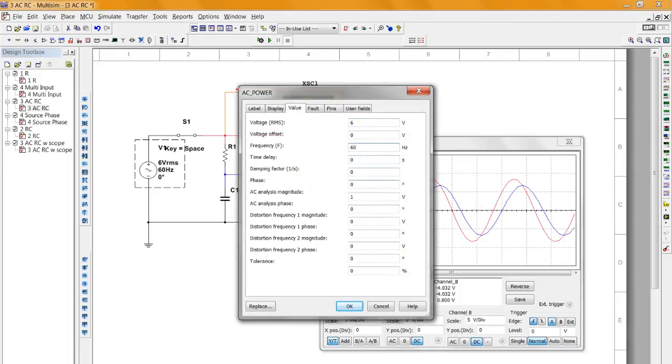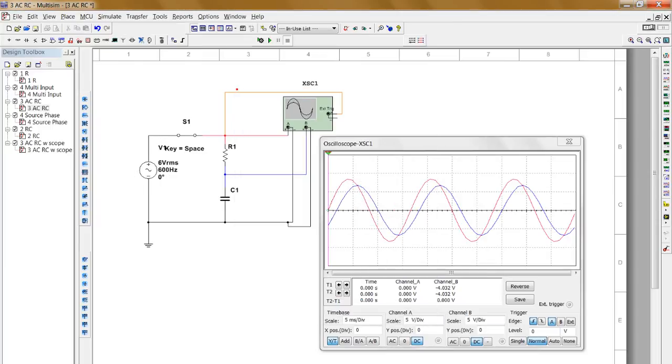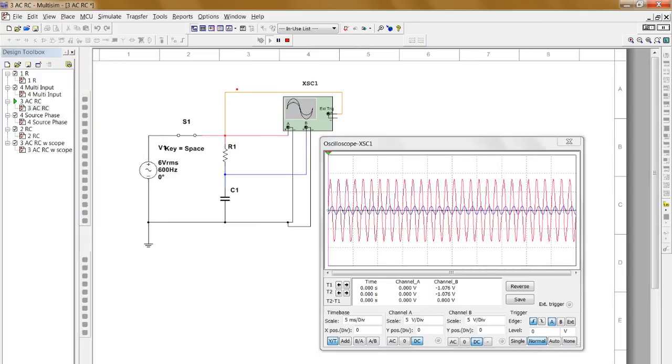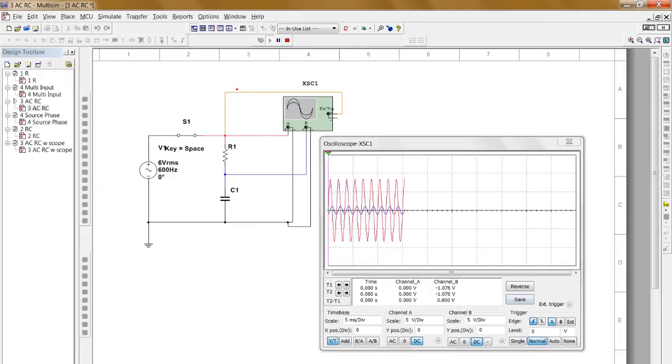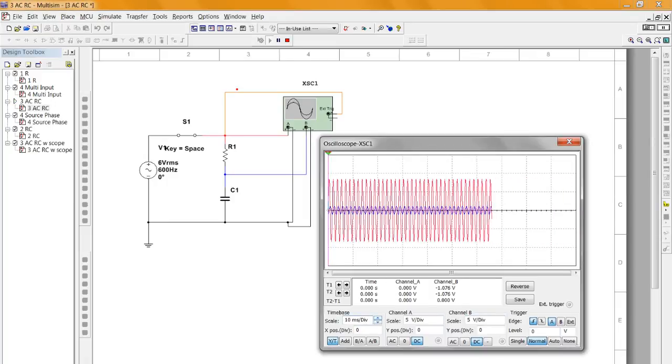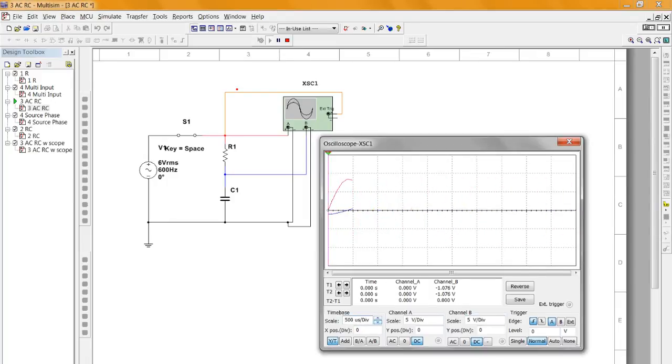So instead of 60 hertz, let's go to 600. I know I'm going to be up there to where it's going to be all the way over to the resistor, so this is going to be 90 degrees out of phase. Well, let's see if it is. Again, this is going to happen to you in lab too. So let's fix the time frame so that we've got about 1 wave. That's nice. And then I'm going to make the blue one a little bit bigger